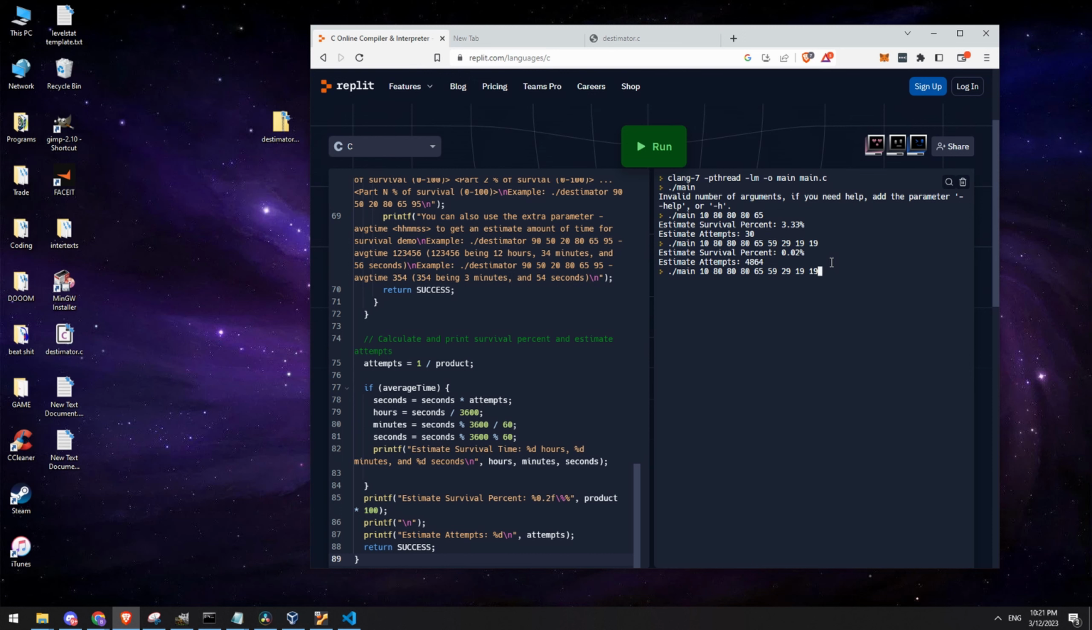Bam, 0.02% chance. Let's add the average time parameter of 8 hours. Exactly. Alright, it's going to take 30 times. So yeah, how to run on Windows and Mac. This should work for both of them. And using this, anytime you want to run it, just copy it right onto this website right here. And yeah,